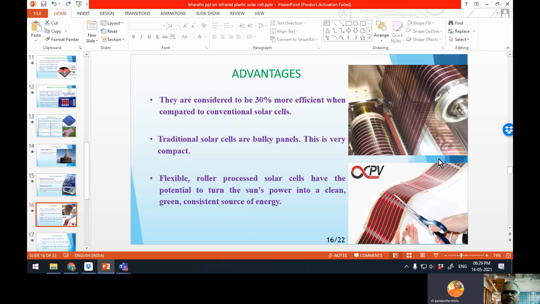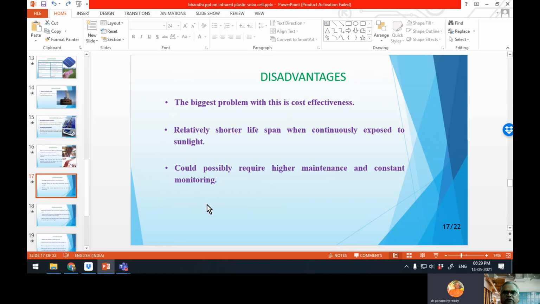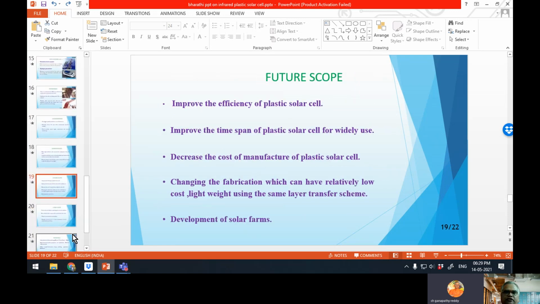Similarly, advantages. When two images are there, don't combine them. So a small gap is also given. More or less both sizes are the same. A small gap is maintained. This number, if I show it here, sometimes gives a wrong meaning or is not clear. So purposefully this number is shifted to the left side. So advantages, disadvantages, improvement, future scope.